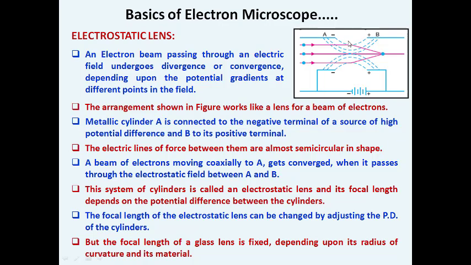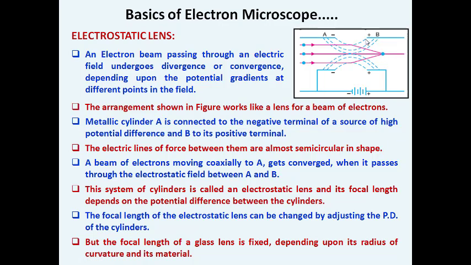Because of the force of repulsion, the electron beams start converging to the edges. So you notice that the electron beam converges with respect to the potential difference maintained between points A and B. You know well, because of the negative potential applied on one side, a retarding force will happen, by which the electrons will slow down. So to increase the velocity, we apply a positive potential on the opposite side of the metallic cylinder at position B, so the velocity will be moderately accelerated by the high positive potential.